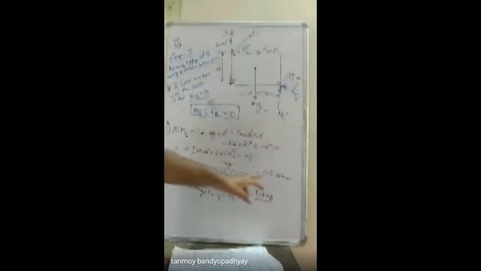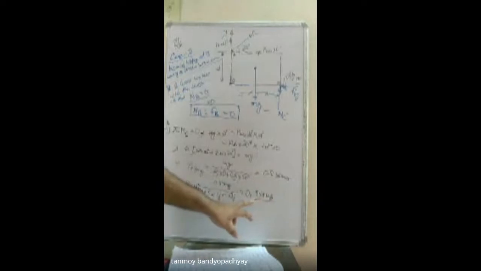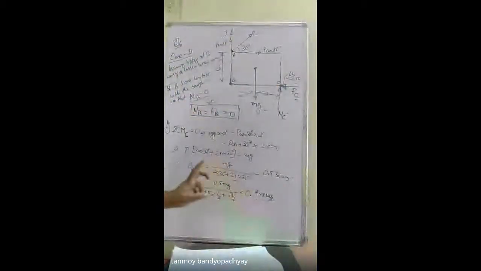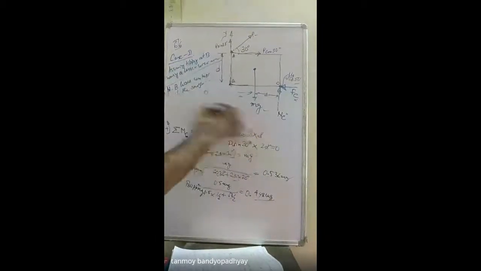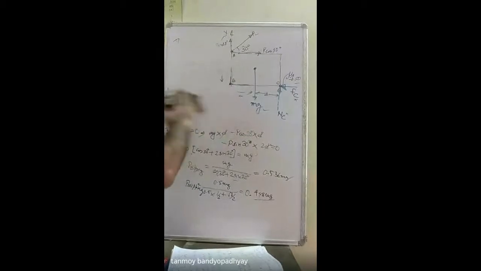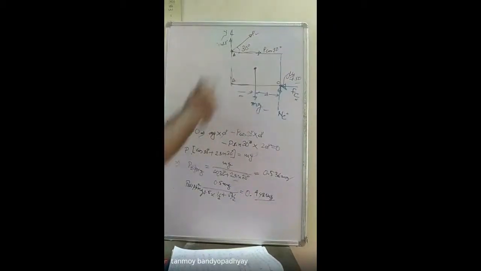So it's clear, this is 0.53, this is 0.44, or 0.45 if you take it, so it's greater. So the tipping value is greater than the slipping value. Since the slipping load is lower, the body will slip first. Okay? Under the given loading conditions. Now if you change the values of μs or the inclination angle theta by 30 degrees, it may tip first also.